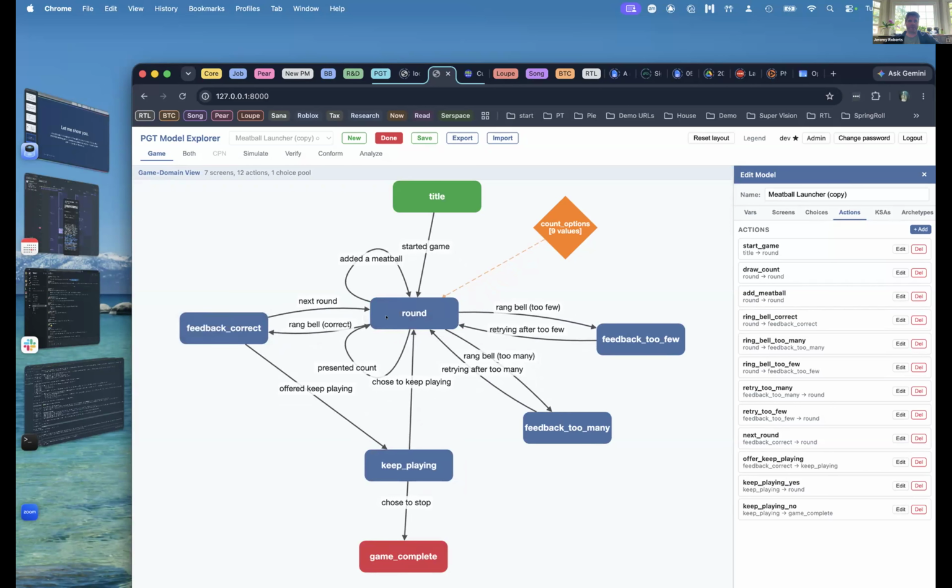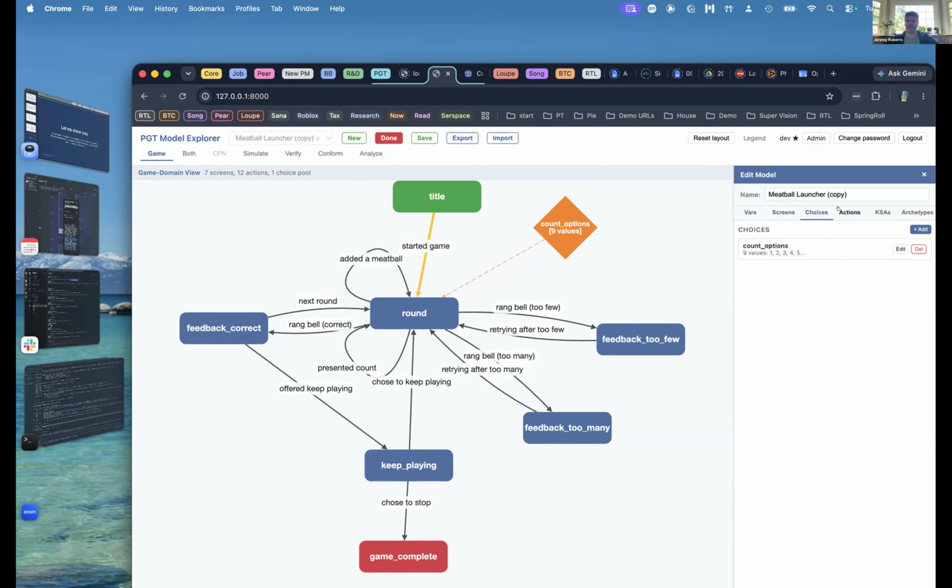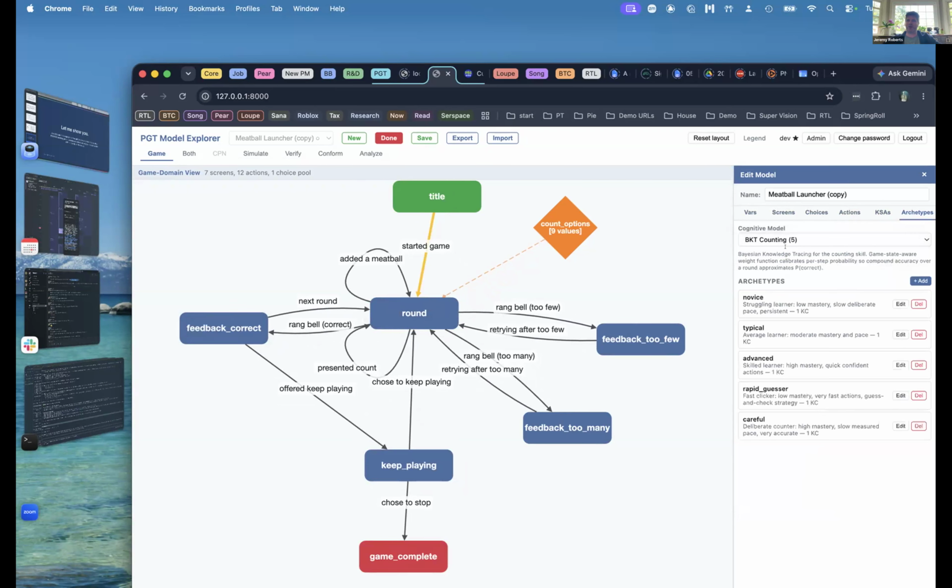I've got these states, and I've got these transitions between them, and so on. And I wanted to make it really easy to model, and then also I wanted to be able to put on knowledge and skills and abilities type metadata and set up my own archetypes, which we'll get into in a little bit. But these are essentially player profiles.